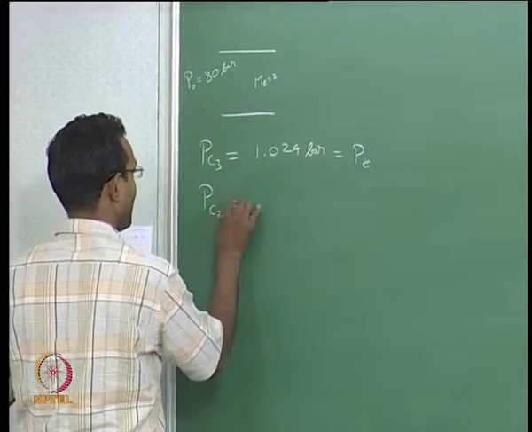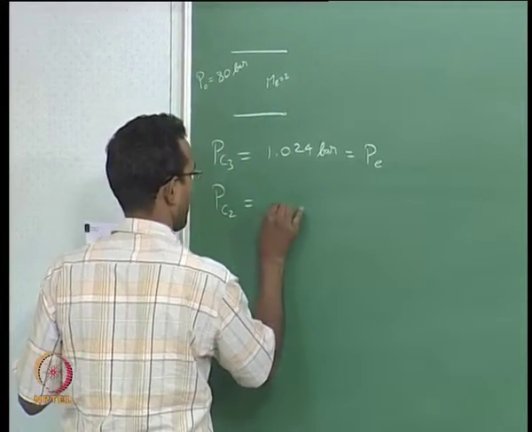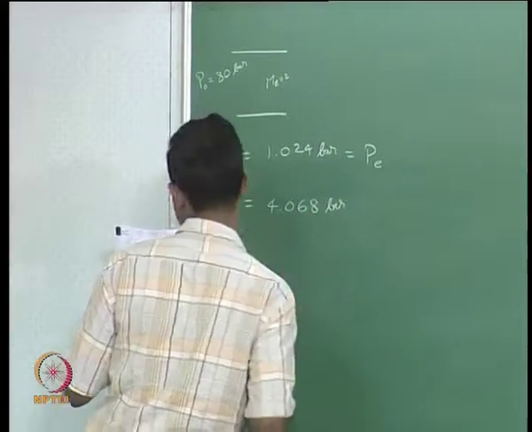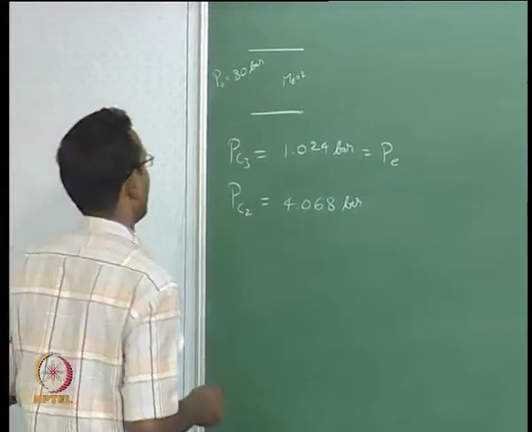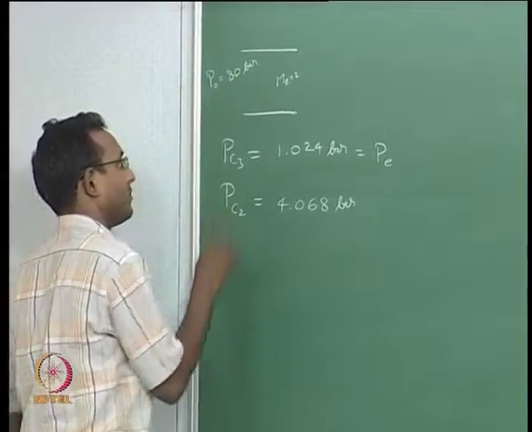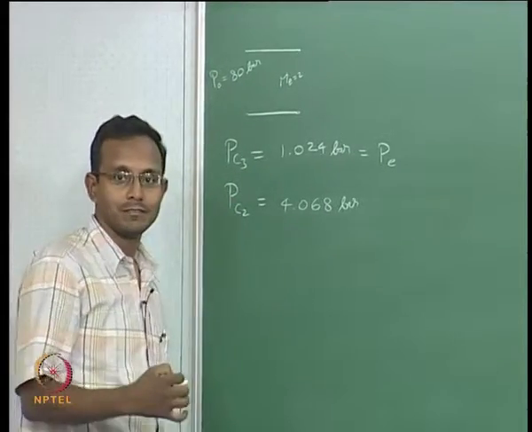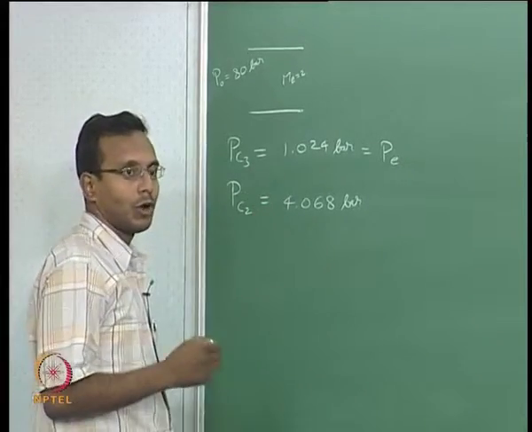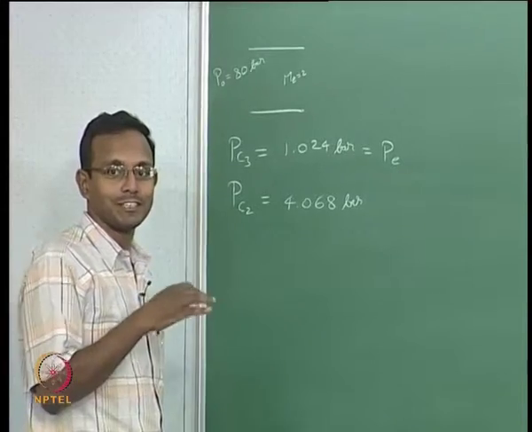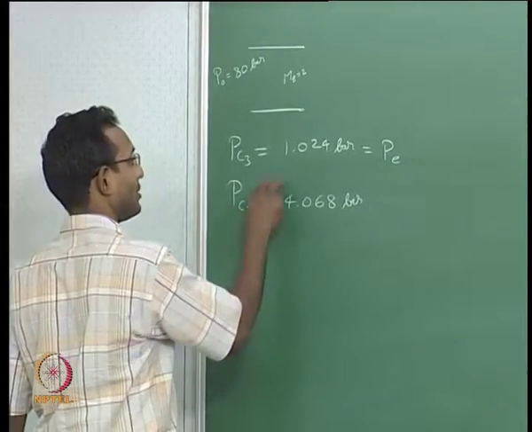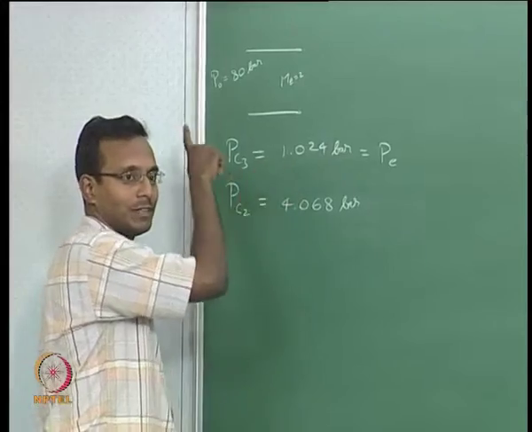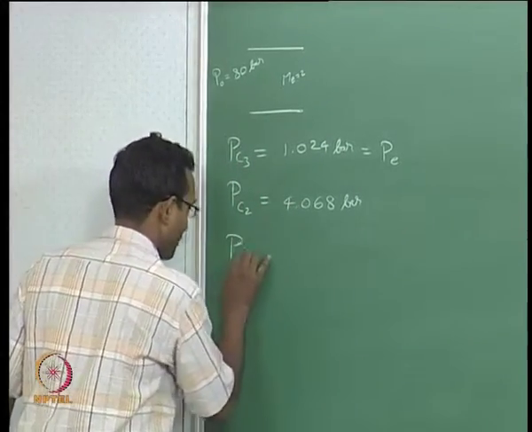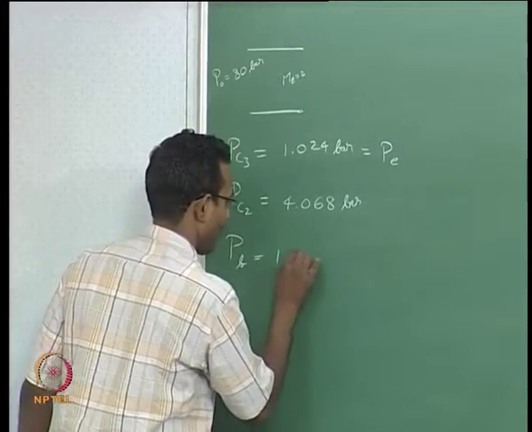Then we also did P critical 2 and we got a number 4.068 bar. And so we wanted to pick a case where there will be an over expanded jet. So, we said the value should be something in between these two. To not have problems with Mach reflections at the center axis, we picked a case closer to this end, so that our shocks will be just clean crossing like an X. So, I picked a back pressure of 1.5 bar.